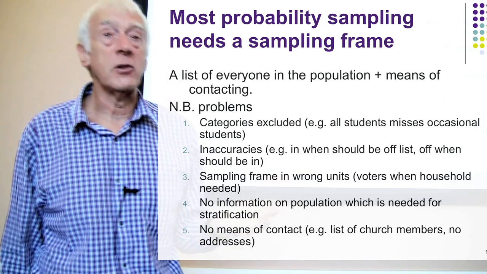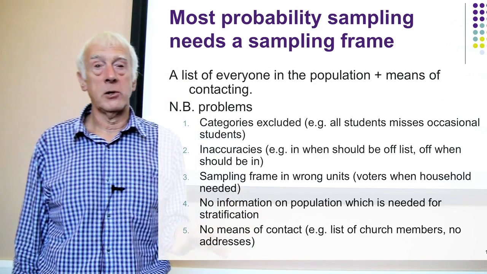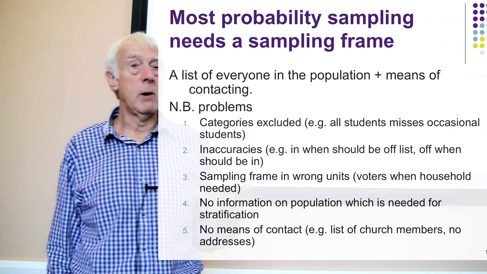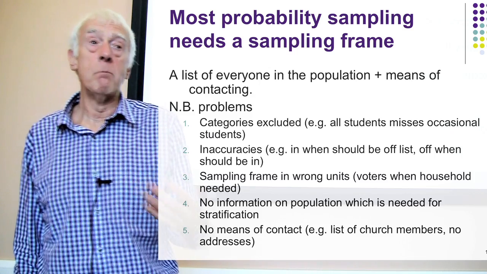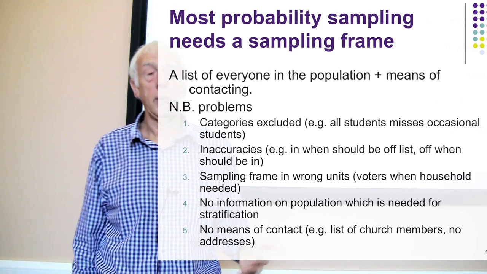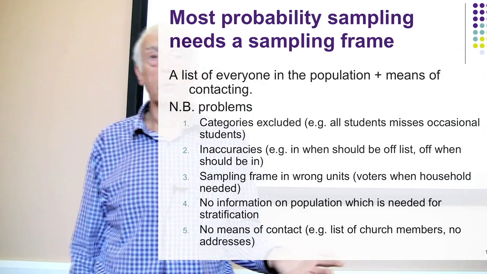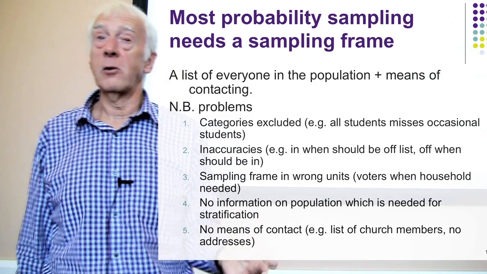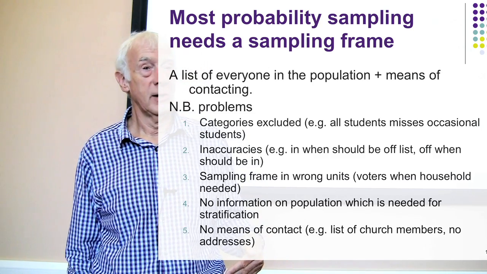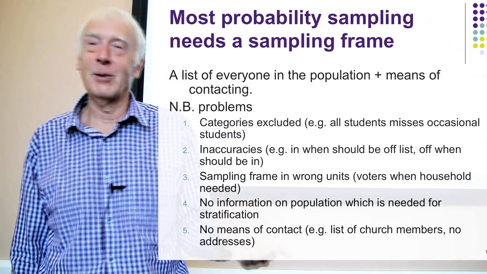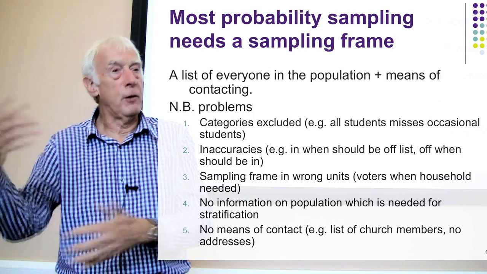If you're doing a survey of students in the university here, for example, you might miss some students. Students who are registered only as occasional students, or just registered for one module but not for a course. I mean, a couple of years ago I did a one module German course. I wasn't actually registered on a degree as such, just taking a module. Now, am I a student or am I not a student? I got a student card actually, so I think I should have been a student in that sample, but it may not have been picked up when you get the official list of students.